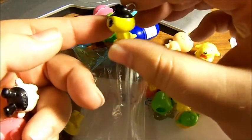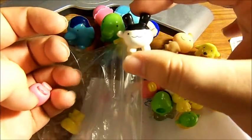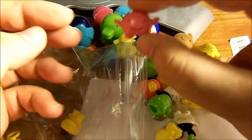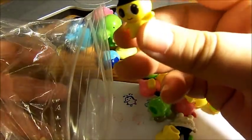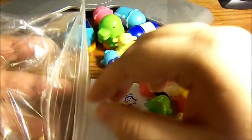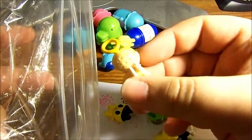Here's a Momechi charm. Oh, I didn't have this one either. This is exciting. And Mimichi, Tamachi, another Pochichi, Mamechi, the other twin, so cute, and last two,